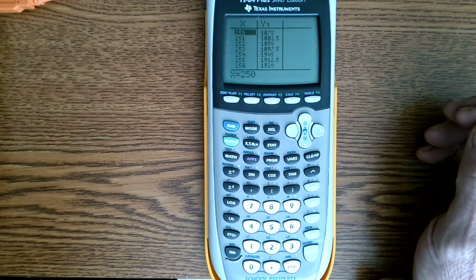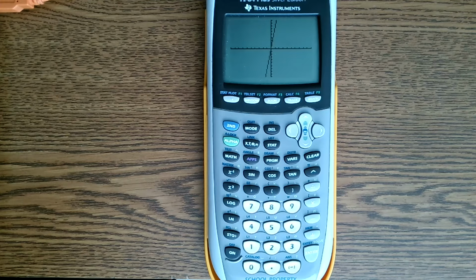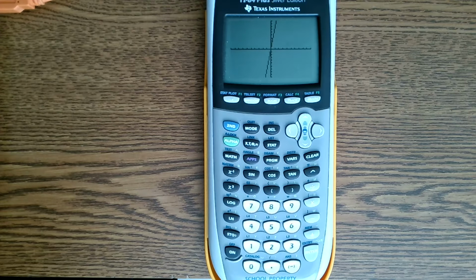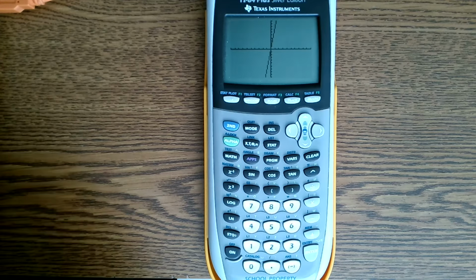So let's go back and reset our window to the factory settings of -10, 10, 1, and -10, 10, 1, and look at what that graph would look like. So this is the rule. That line determines the rule of our situation. So the rule says that the domain, by looking at that line, is all real numbers, and the range is all real numbers. However, when we go to the situation and we change our window setting,